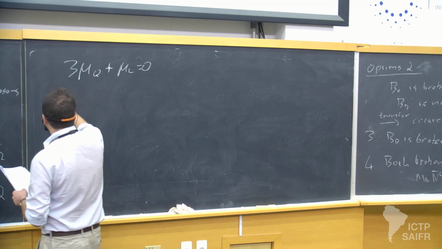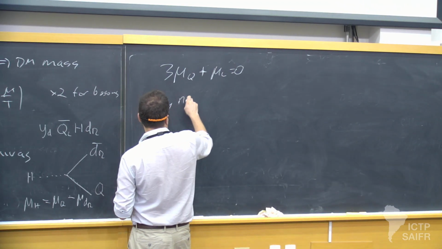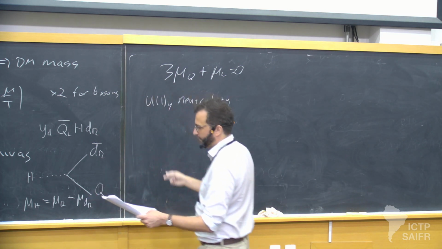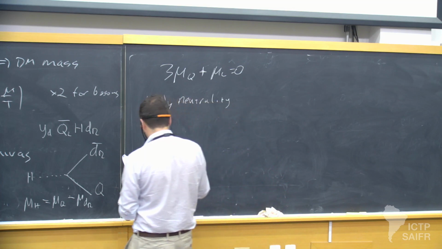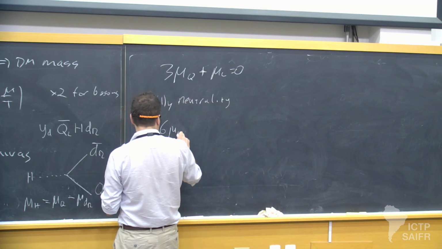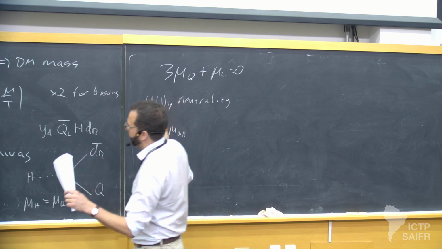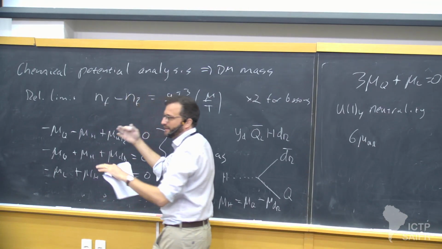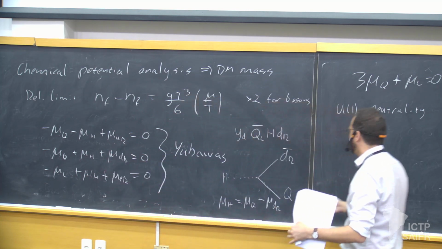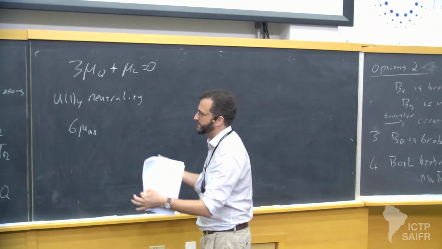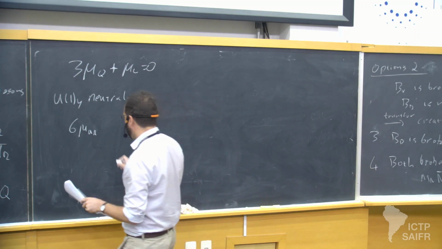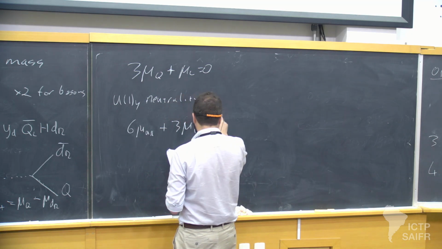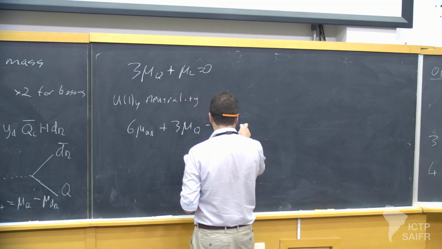So U(1)_Y neutrality also imposes a condition on all the Yukawa couplings, which we can use later on. You imagine that you take into account all the asymmetries you have in fermions, take into account their hypercharge, and demand that the entire universe is hypercharge neutral, yeah? And that gives you the following. I should say these sort of relations also appear in leptogenesis and so on, yeah?